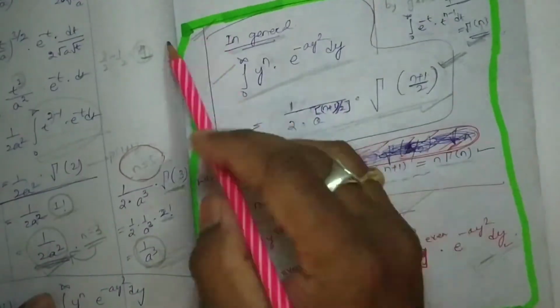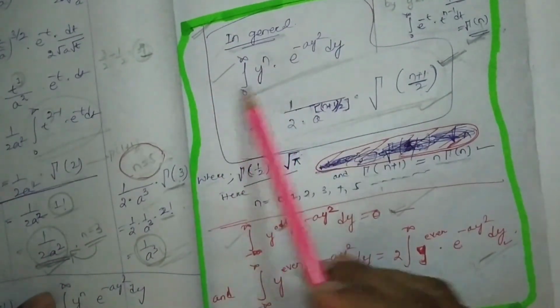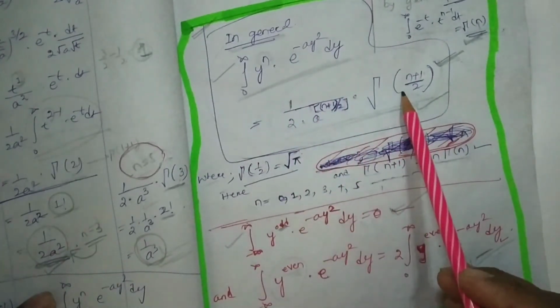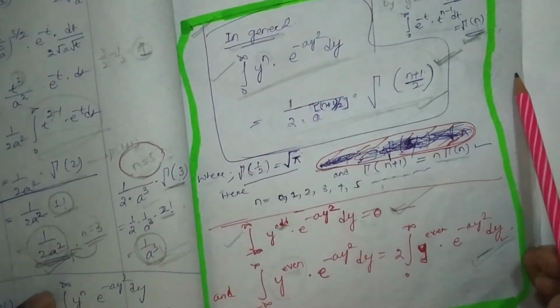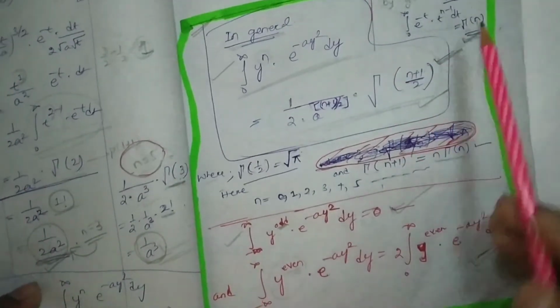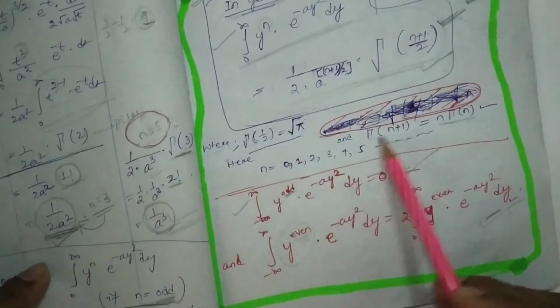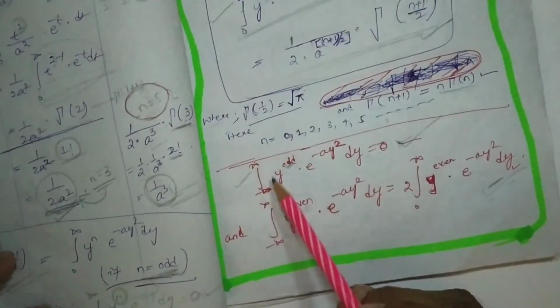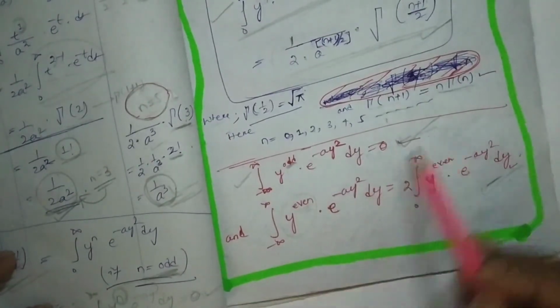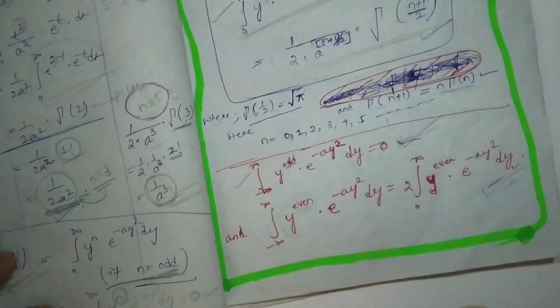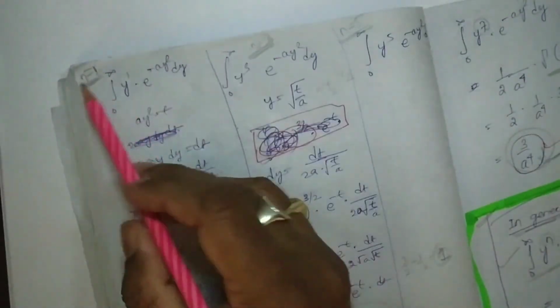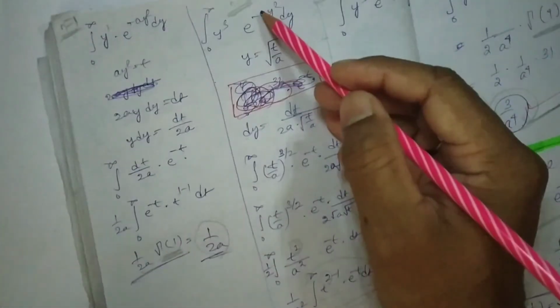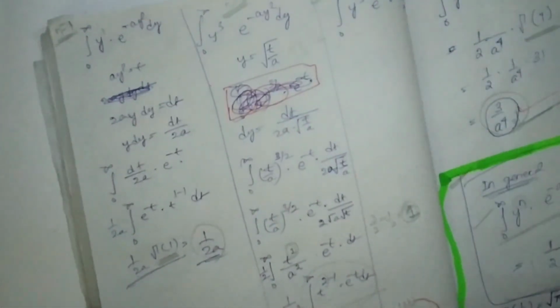Again, in short I am going to tell in which way you have to write. First you have to write, to prove this much is equal to this much by considering the gamma function. Where n equal to 0, 1, 2, 3 like this, and minus infinity to infinity for odd is equal to this much, and this integration is this much. You have to write this one in the heading. Then you have to do for odd n equal to 1 you wrote, n equal to 3 you wrote, n equal to 5 you wrote, you derived.